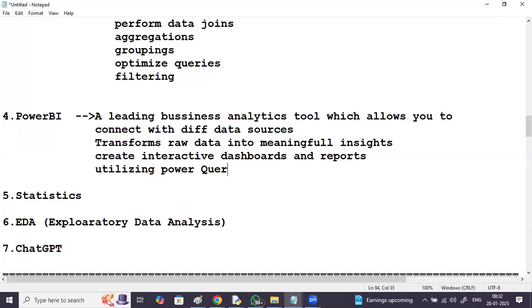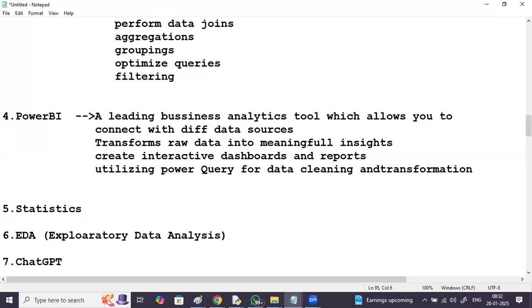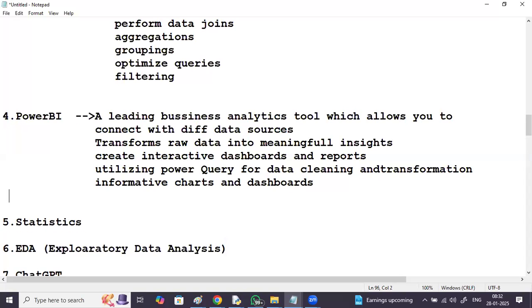You have got Power Query in this for data cleaning and transformation, informative charts and dashboards, for data manipulation and data analysis.